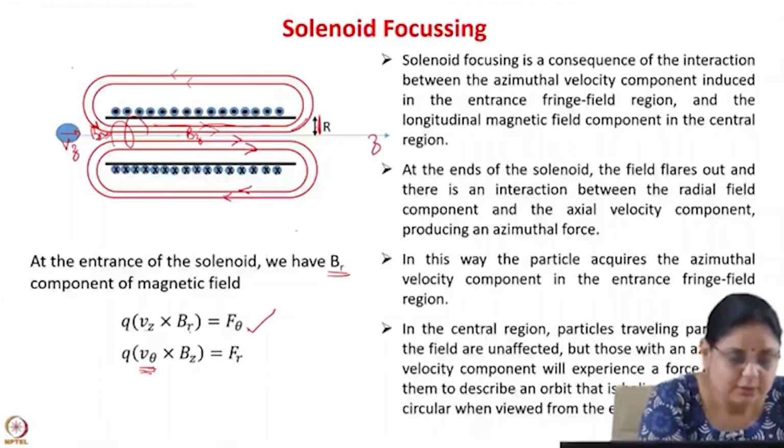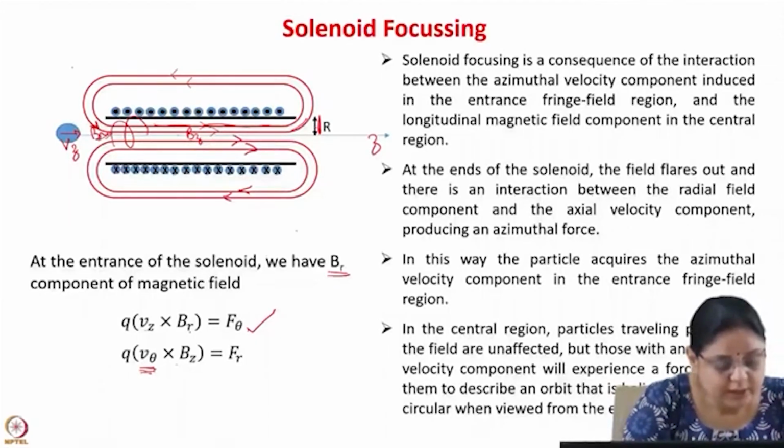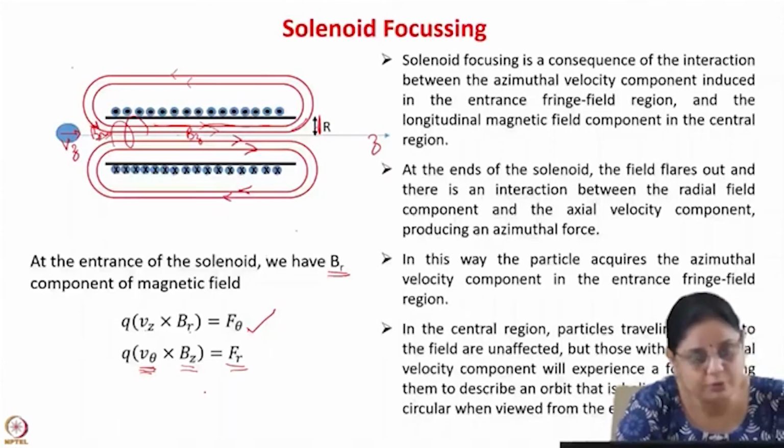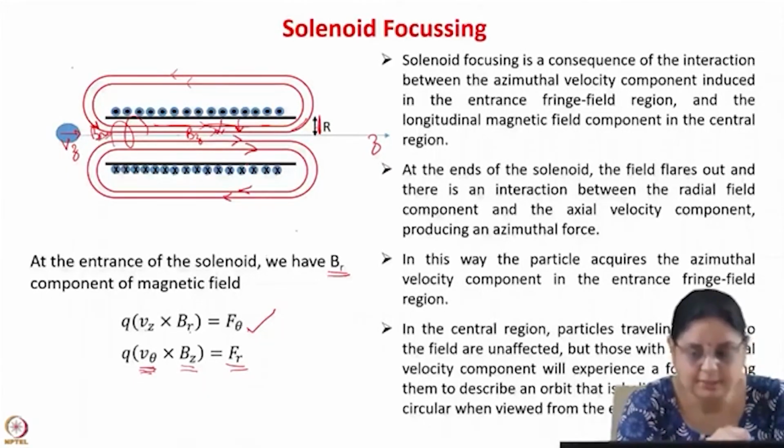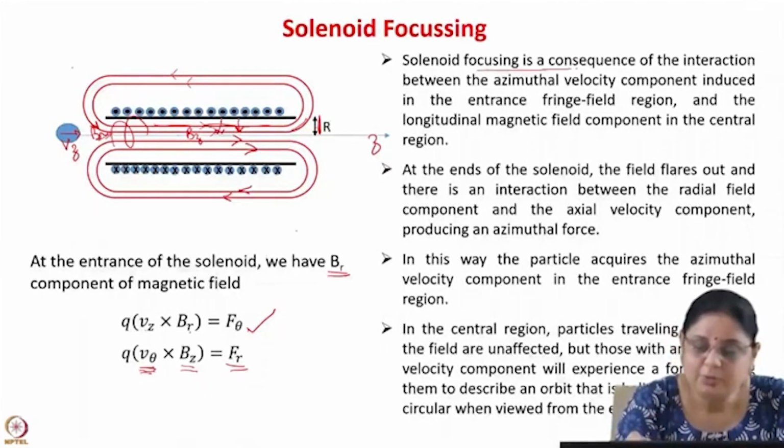Now inside the solenoid, we have a Bz component of magnetic field. So this V theta again interacts with the z component of the magnetic field, and we get a radial component of force. So this radial component of force focuses the beam and brings it close to the axis. So thus, solenoid focusing is a consequence of interaction between the azimuthal velocity component